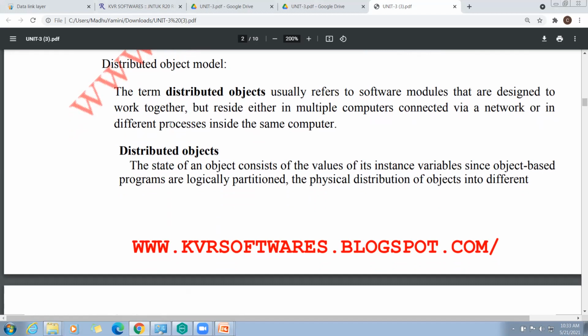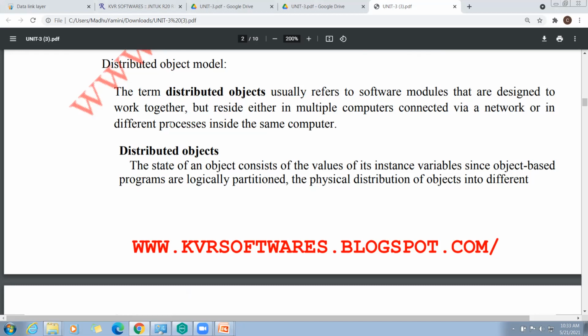That is what we have discussed till now. The distributed objects usually refers to software modules that are designed to work together but reside either in multiple computers connected via a network or in different processes running on the same machine.